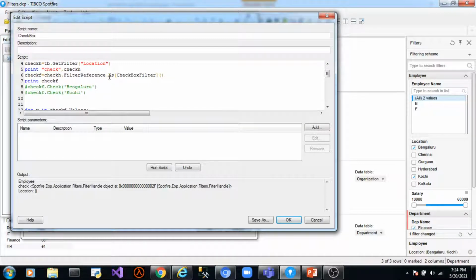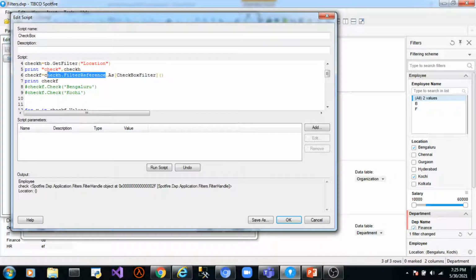This is why we have used as here, and to this method we need to pass the type of the filter that we want the filter to be cast into. Now this filter has been cast into a checkbox filter type object using this method.